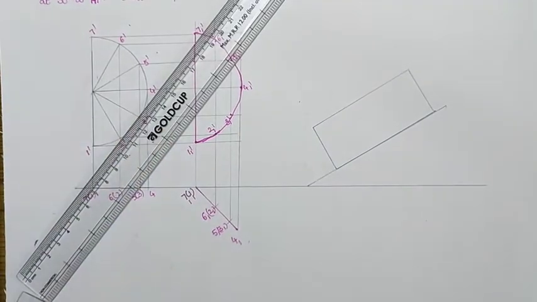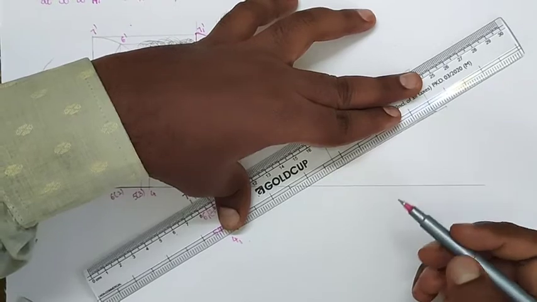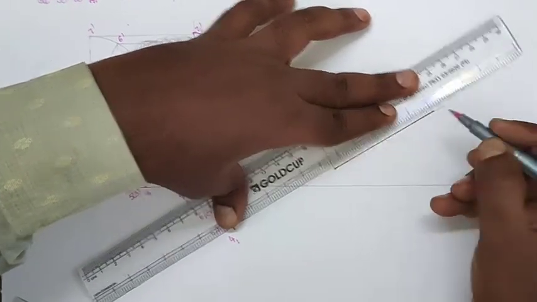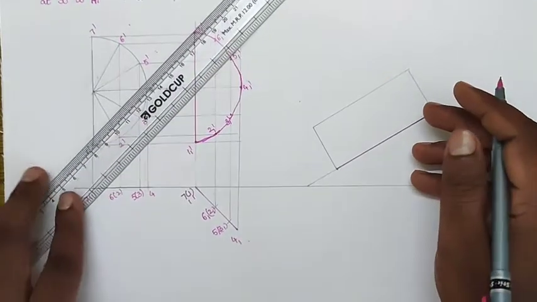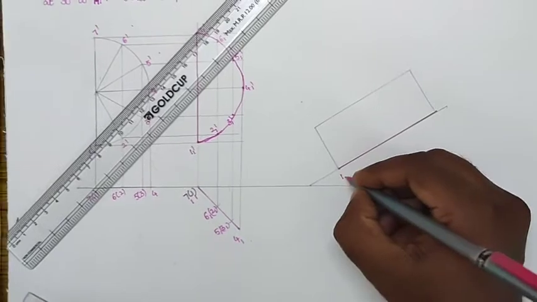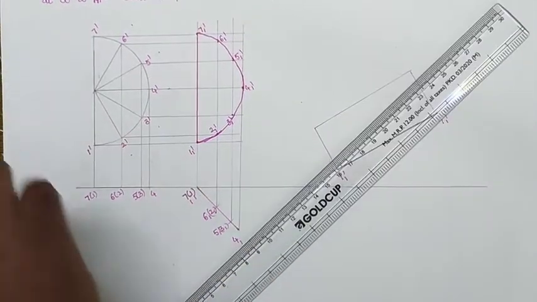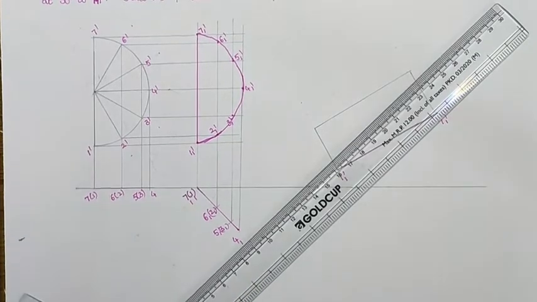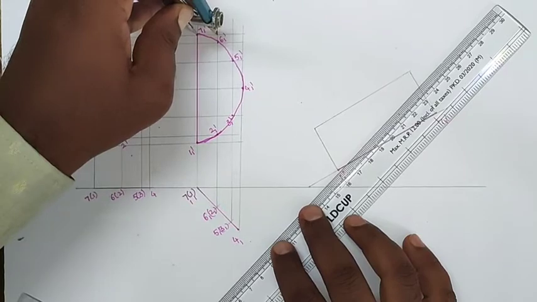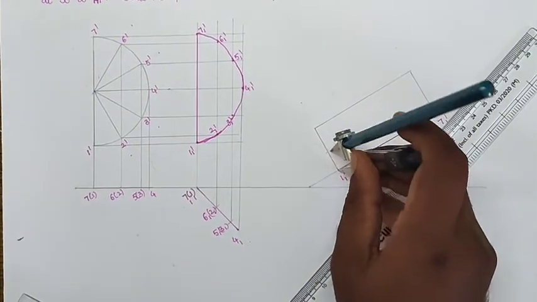After constructing a box, first of all I am drawing 1₁ comma 7₁ on the 30 degrees incline line. Here is 1₁', and this is 7₁'. Now I am measuring the distance from point to point here. From 7₁' I am measuring this distance and drawing an arc here.